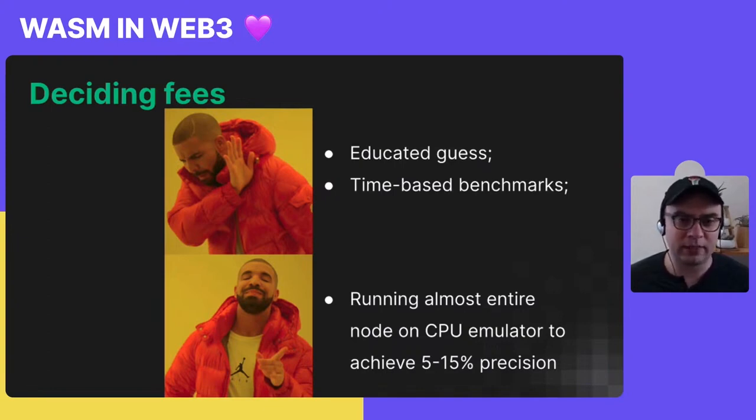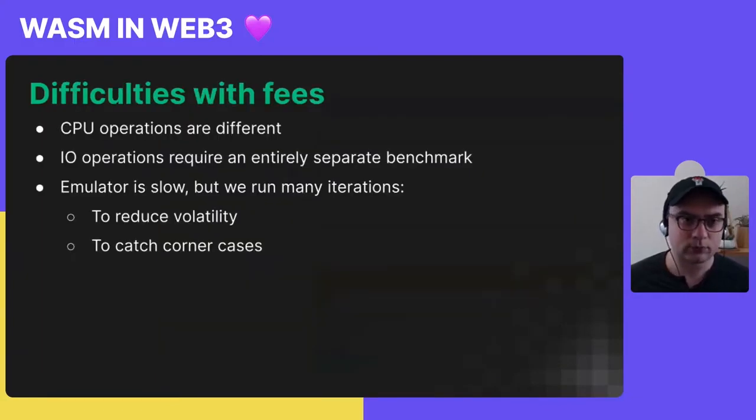And for a couple of fees that are specifically involved with I/O, it's within 10–15% precision, which I think is a good result. I mean, estimating the fees is still very difficult. First of all, something that we haven't addressed yet is that different CPU operations obviously have different complexity and different execution time. We do treat them the same right now. We ran lots of fuzzing to make sure we're not abusable in this way, that someone cannot easily construct a contract that abuses a certain CPU operation.